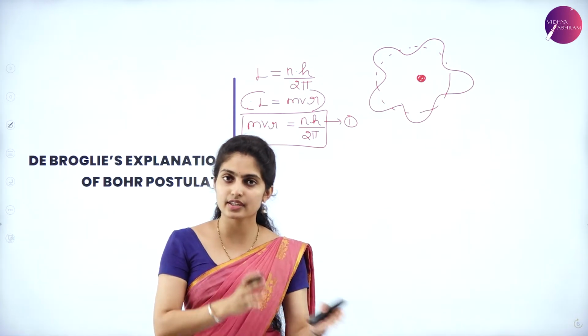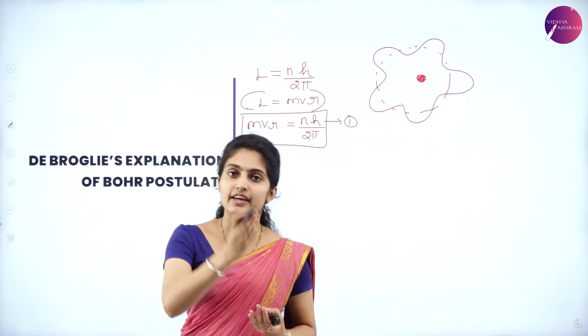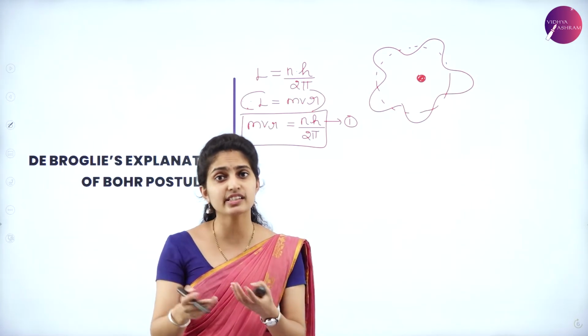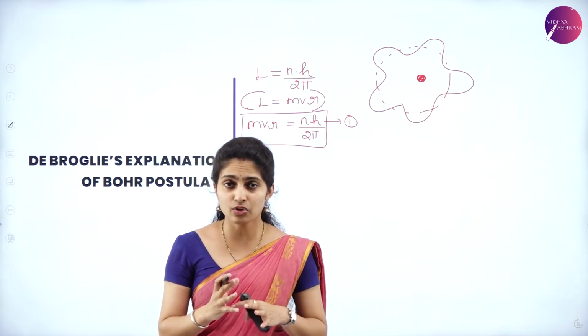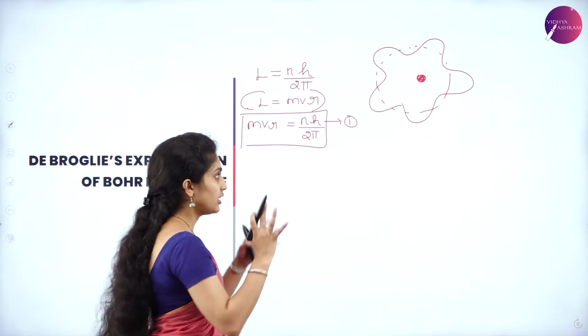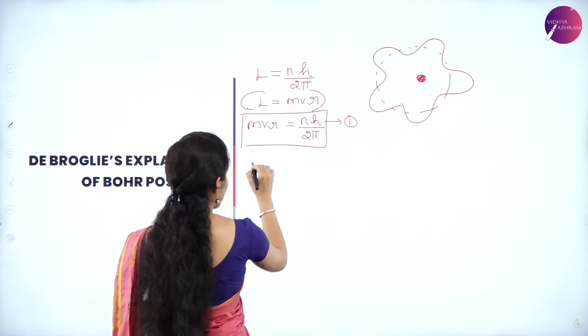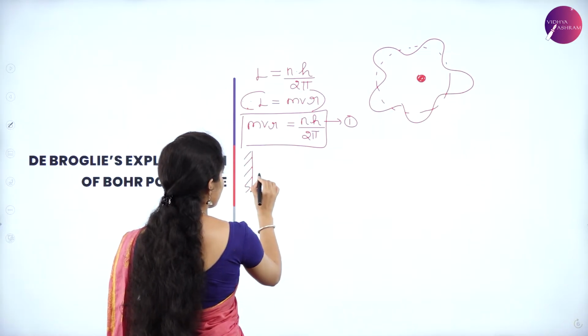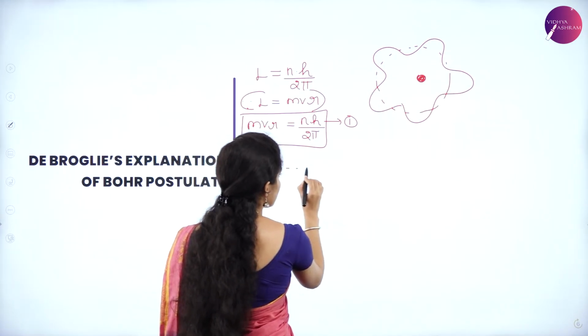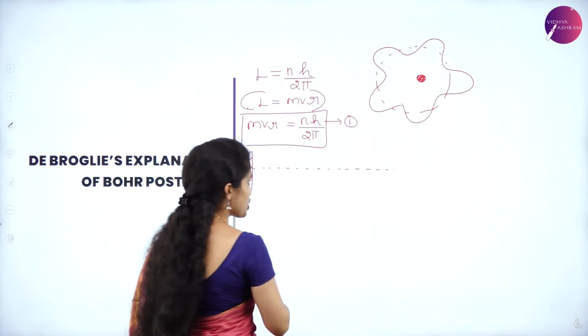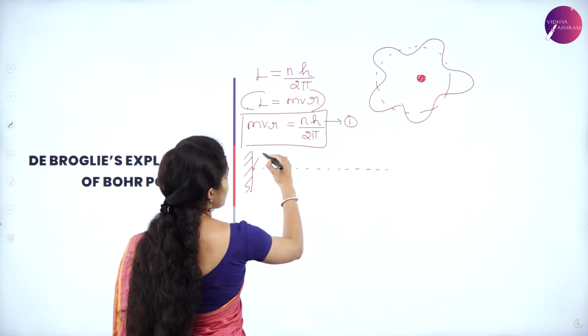So, which is a particle? Electron is a particle. When electron is a particle, it itself moves as a wave around the nucleus. So now we have to consider, suppose we just take a string where one end is fixed. And the wave, so suppose this is the mean position, the wave is having a movement,